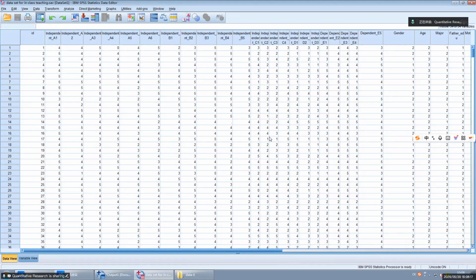You think of an example, this type of categorical variable.